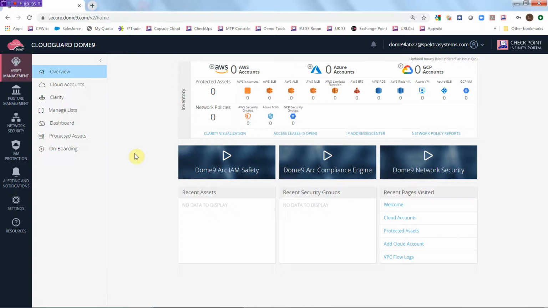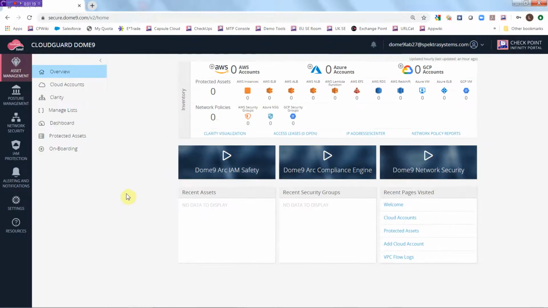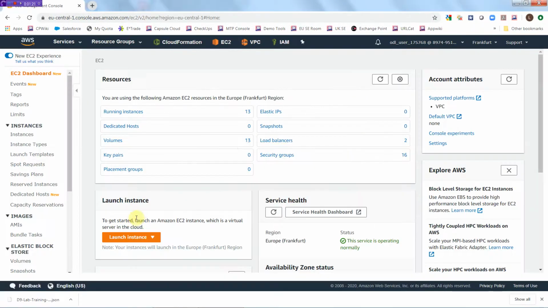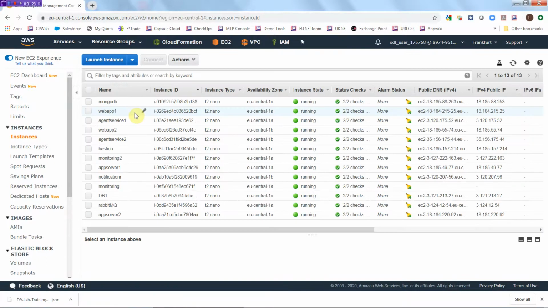I'm just going to show you how easy it is to onboard an account. We support Amazon AWS, Microsoft Azure and Google Cloud Platform, and you can see on the screen currently that I've got nothing onboarded at the moment. But if I move over to AWS, I've got a few resources in this demonstration account running. So I've got a few micro instances, things like web servers, an application server, a monitoring server, another database,